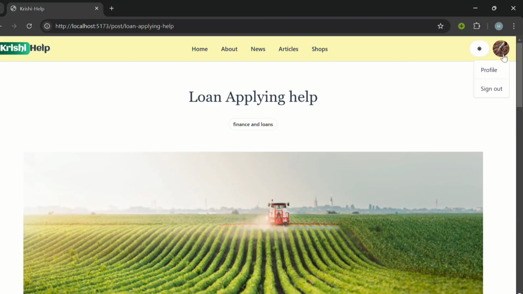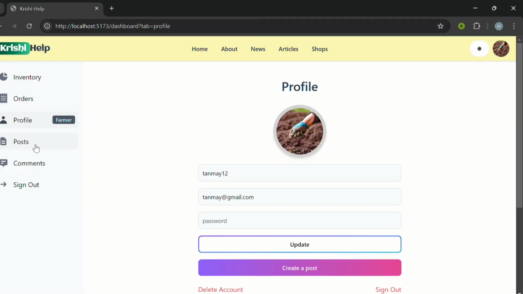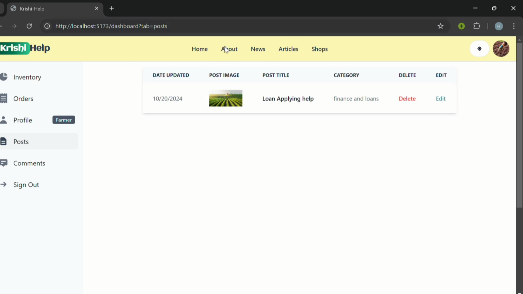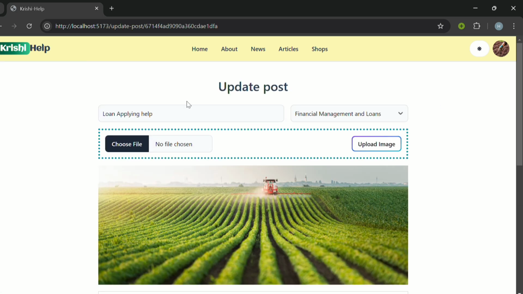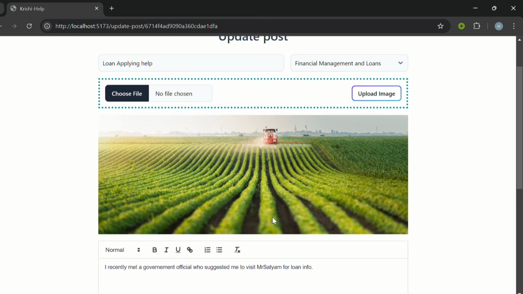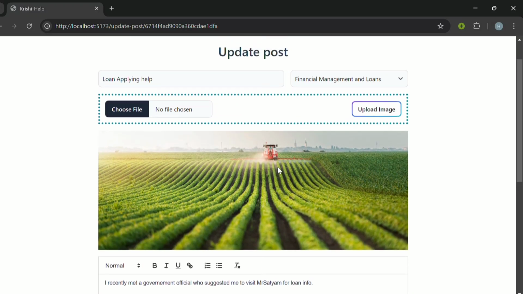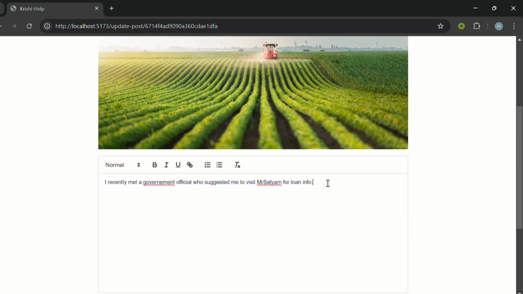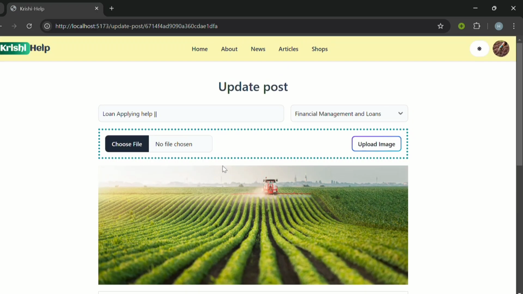So now let's go to the profile, and in the posts we can see that all the posts that have been made by the user are being shown. Now we can edit the post, the update post, see all the things that are already added are already appearing. Now let's change the header to, let's add something, let's add some space and some dots, just basic. And if we change the photo again,